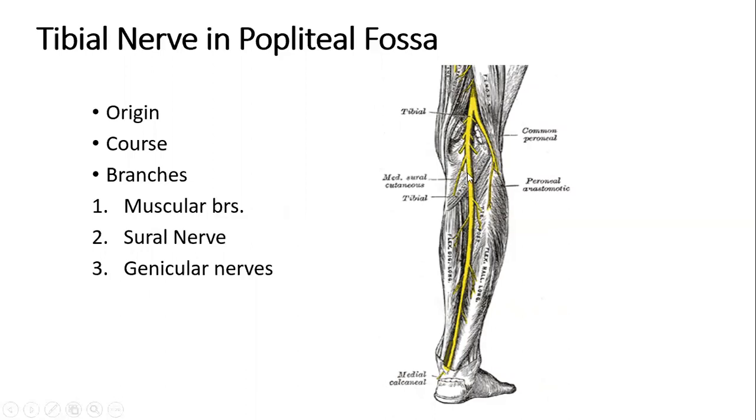Branches of the tibial nerve include muscular branches. Muscular branches in the popliteal fossa given off by the tibial nerve are for the muscles taking attachment within the popliteal fossa, and these muscles include plantaris, both heads of gastrocnemius, that is the lateral and medial head of gastrocnemius, soleus, and popliteus. So popliteus is basically the muscle that comes in the floor of the popliteal fossa,